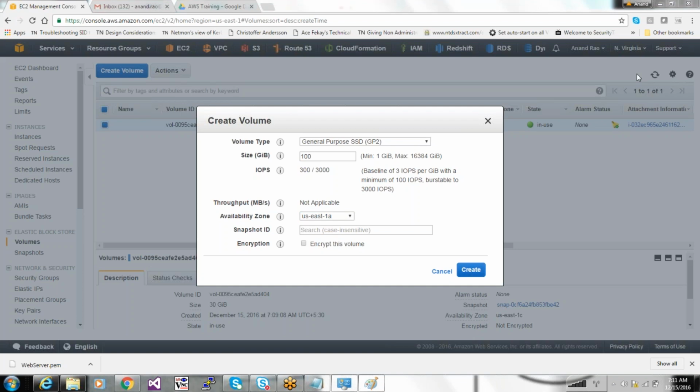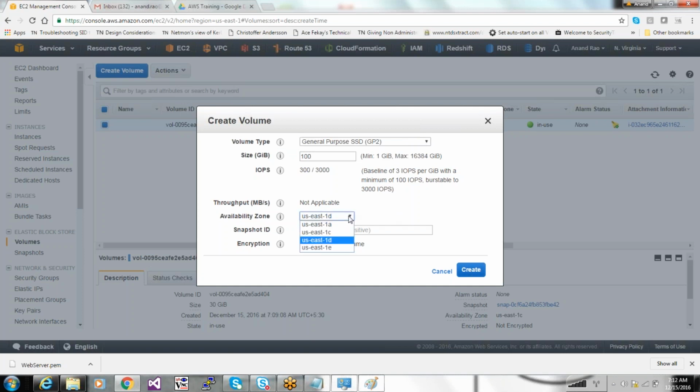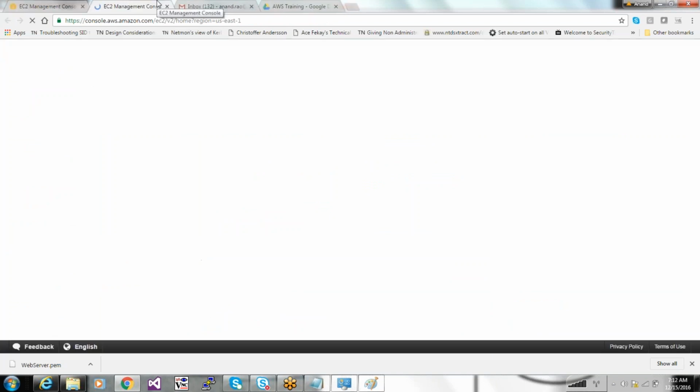Yes, no? Can you repeat the question, please? If you're creating this volume in us-east-1d, and you want to attach it to a virtual machine hosted in A, will you be able to do it? My virtual machine is currently hosted on, let's see where it is hosted.